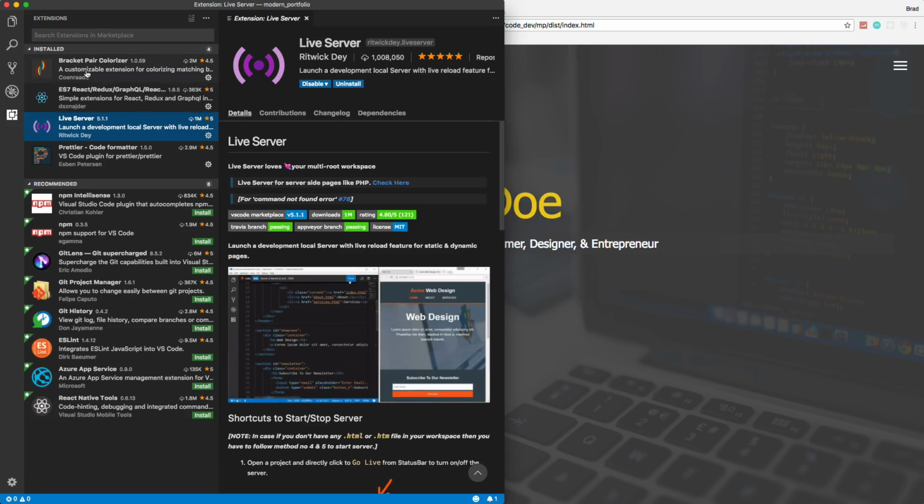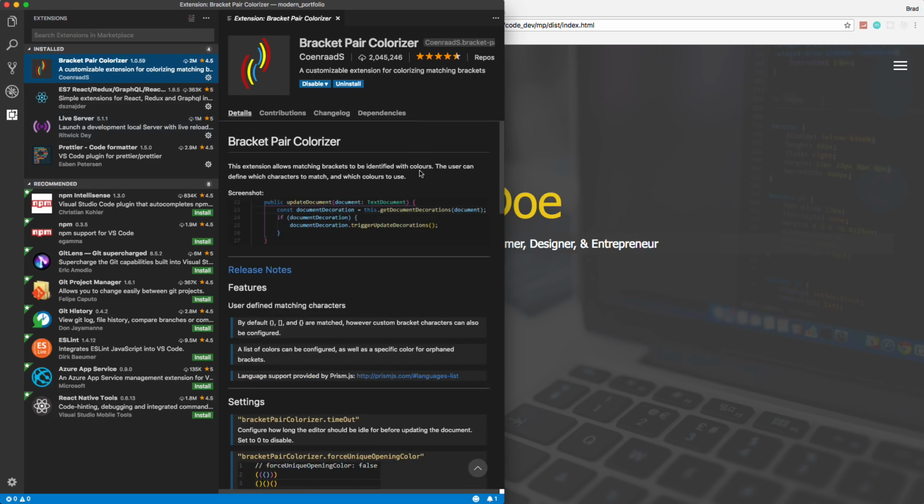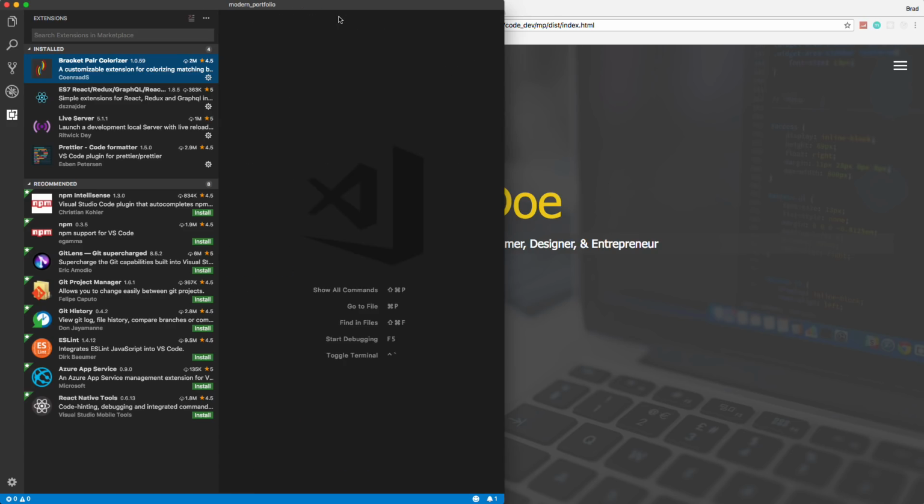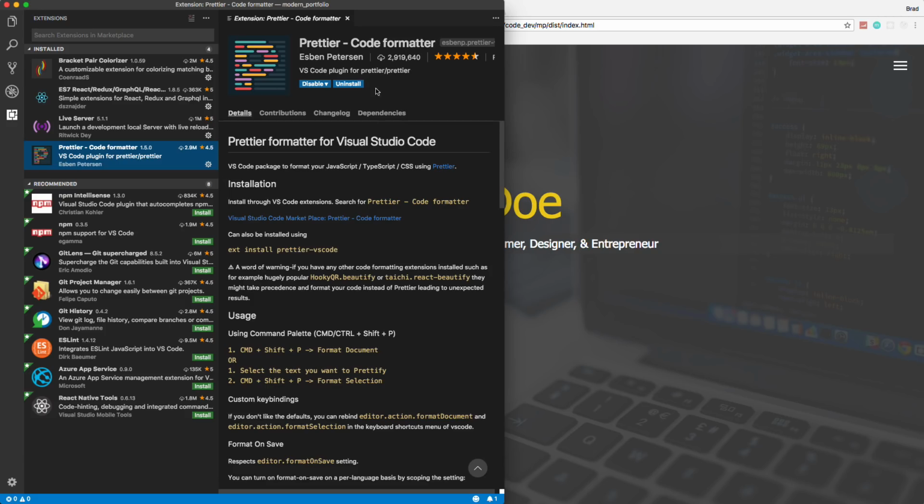I'm also using Bracket Pair Colorizer, which is completely optional, but I like it because it matches colors of brackets and curly braces and parentheses so that you don't get lost if you have a lot of nested if statements and stuff like that. And this will also work in Sass as well as JavaScript, but you don't need it, but something that I use. And then Prettier is a code formatter, so it'll format HTML, JavaScript, CSS,